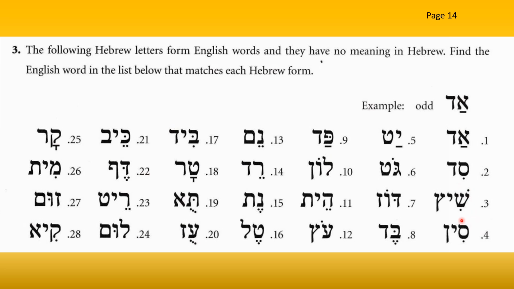Here we have sheets. Here we have seen, yacht, goat, doze, bed, pod, which could be the word pad. Again, there's no ah in Hebrew, so you would simply soften that sound. So pod,